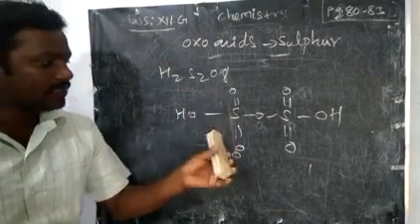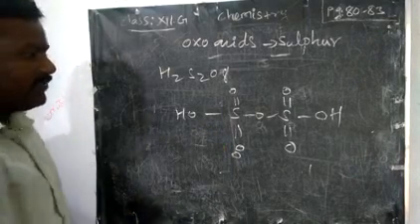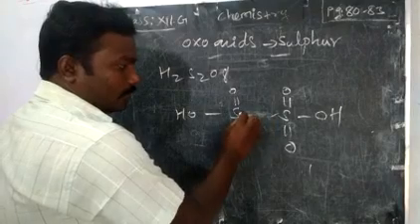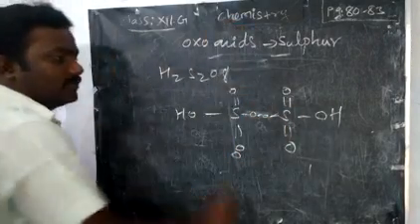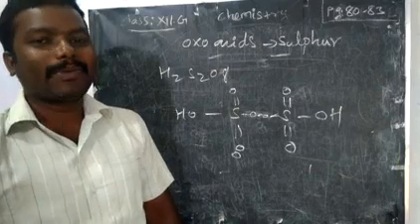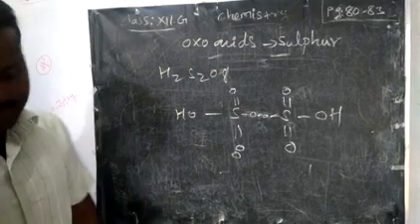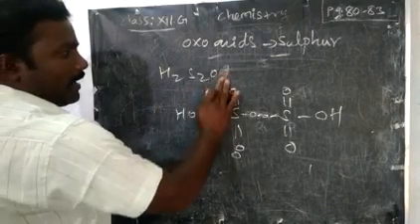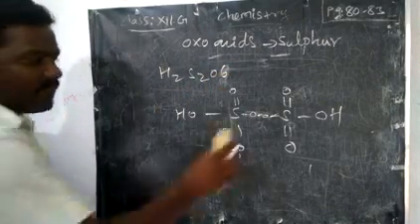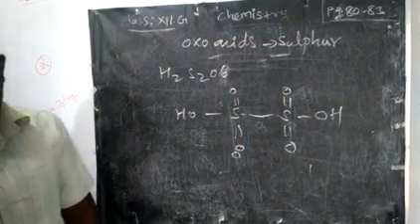H2S2O8. So this is H2S2O7, where only one oxygen is in between, so here you make another oxygen. That's all. You just compare the structures to remember easily. At last H2S2O6. Suppose we have 2 oxygen less, that's all.